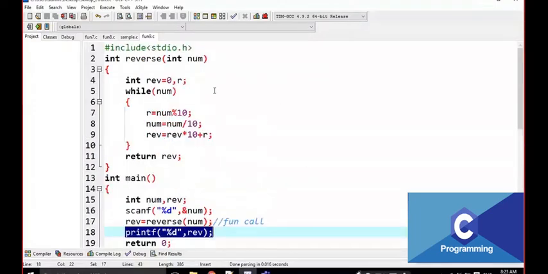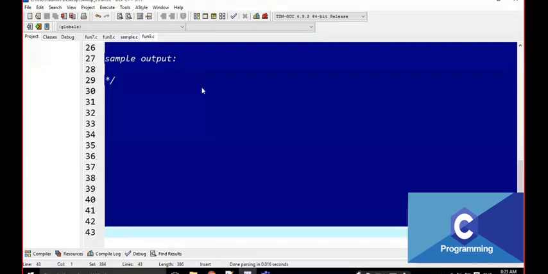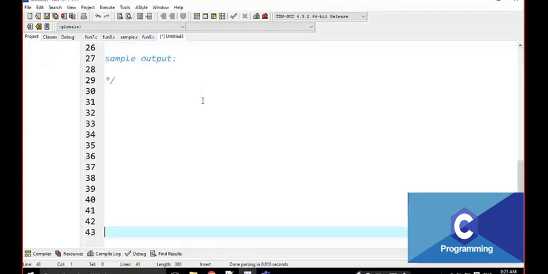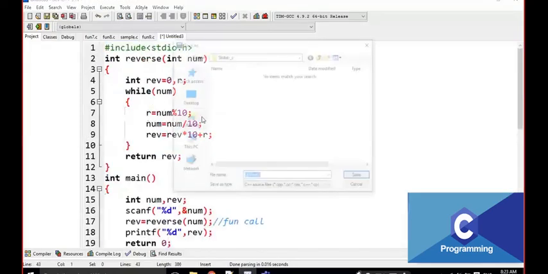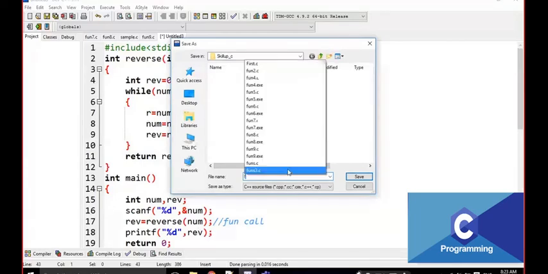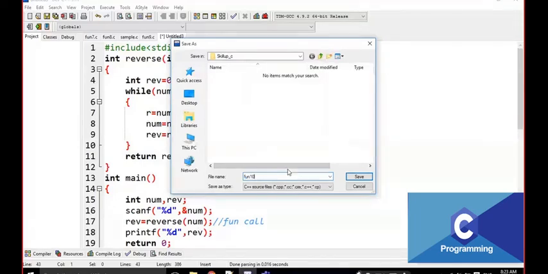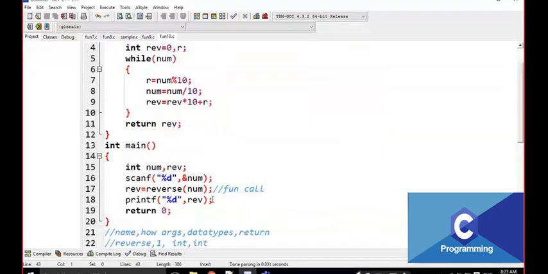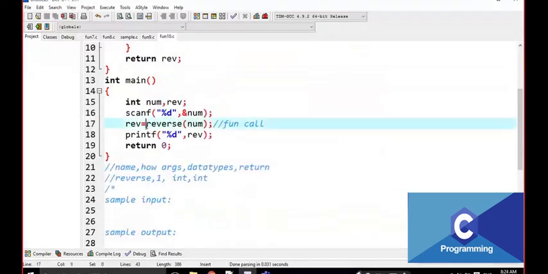Now I am going to write the same program using functions without return value. First of all, what do we have to do? I am not taking it like this.